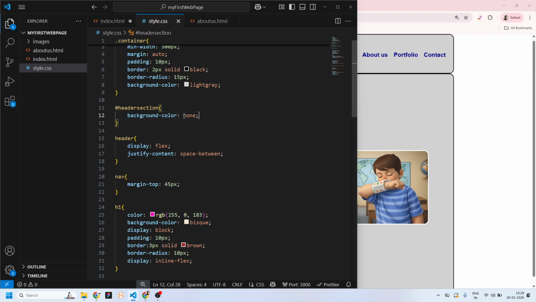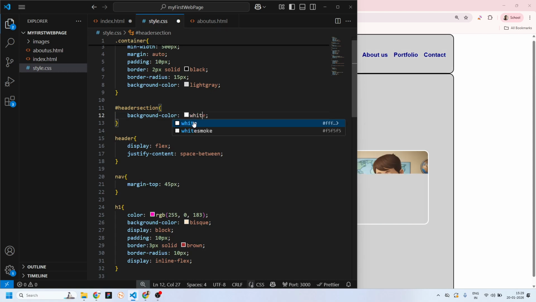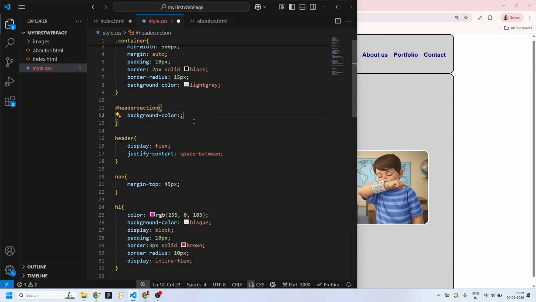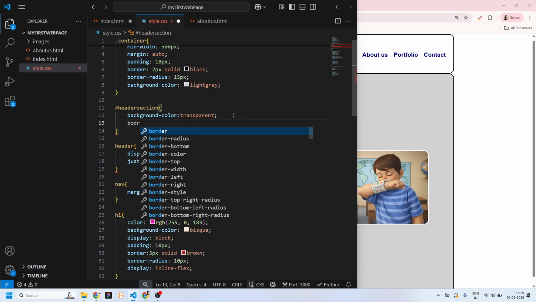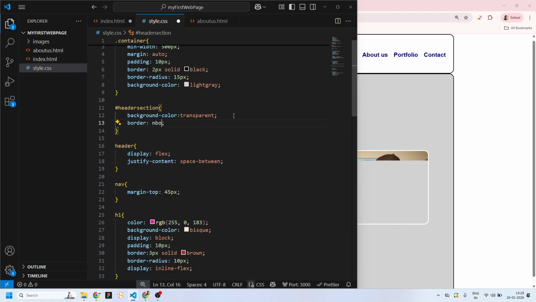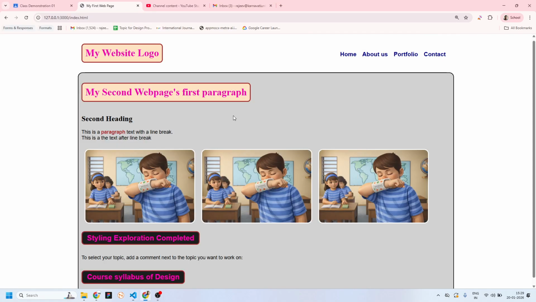नहीं कर रहा, क्यों नहीं कर रहा भाई, बैकग्राउंड कलर एक मिनट, हाँ व्हाइट तो काम कर रहा है, तो नन काम नहीं कर रहा, तो इसका मतलब है कि मुझे इसको ट्रांसपेरेंट कर देना चाहिए, that is also fine, and I don't want any border around it, so I'm gonna go border and I'll call it none and done। ठीक है,